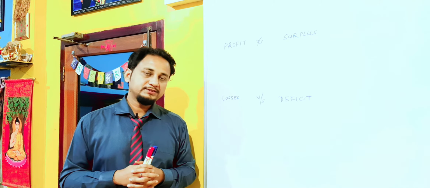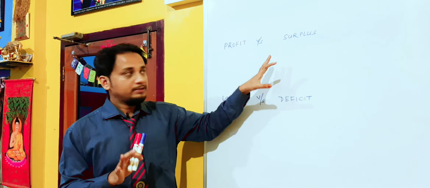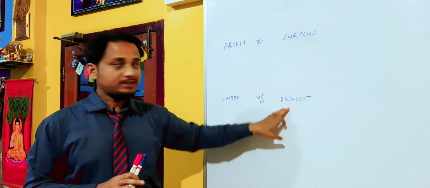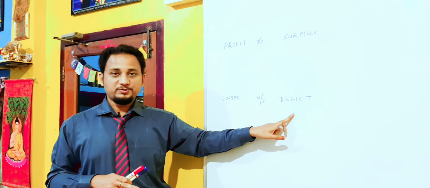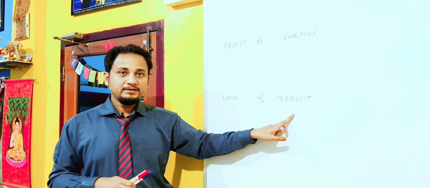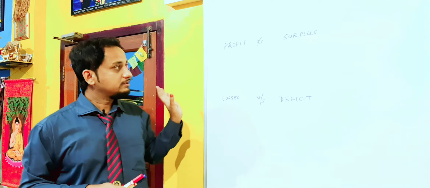The focus of the government is what? In order to promote the economy, to develop economic activities, for the development and the welfare of the country. That's why the two terms, surplus or deficit budget, are what we hear at the time of the budget. So a budget is prepared by the government, and that's why we use the terms surplus and deficit. Because the government is not a business organization. The main motive of the government is to provide service for the welfare of the country. I think this is clear to all of you.